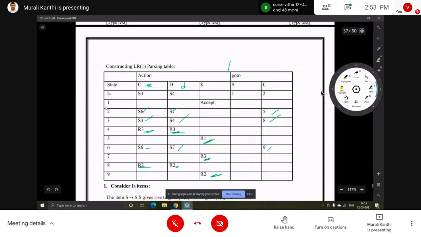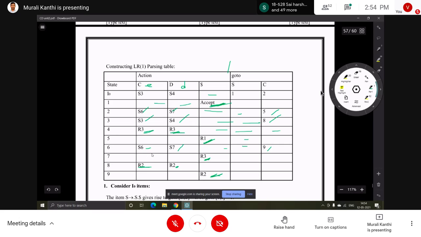So performing the shift operations, reduce operations and accept operation is completed. Next is the reject operation, but there is no need to perform it. Whatever blank entries the parser shows in the table are the wrong entries, that is the error. All blank entries are errors.